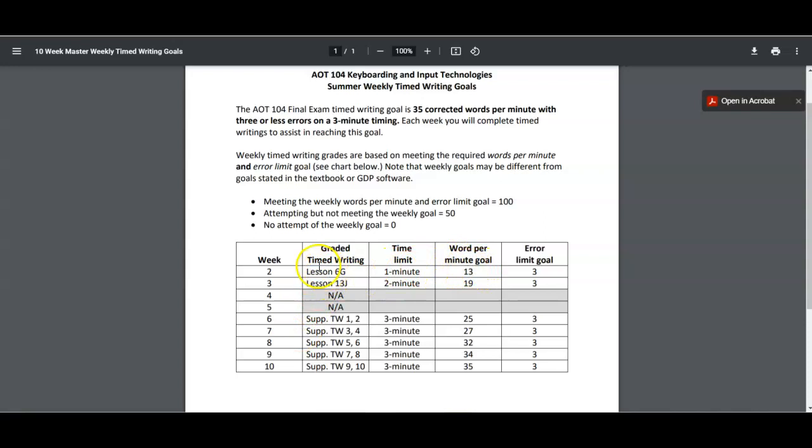but it tells you what lesson you're going to have the timed writing on, whether it's 1 minute, 2 minute, or 3 minute, what your goal is for your words per minute, and it tells you that you can only have 3 errors. So you have to have 3 or fewer errors. So here's how these are graded. If you meet the weekly words per minute, so in week 2, on this particular schedule, and again you'll want to look at your schedule for your update,